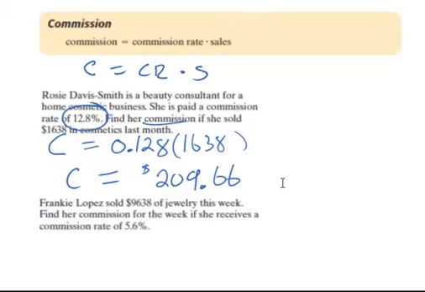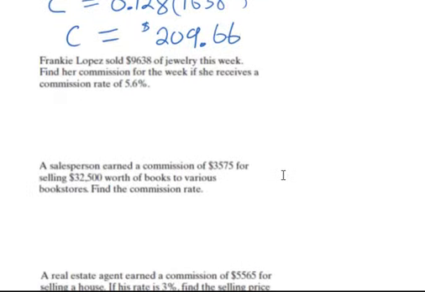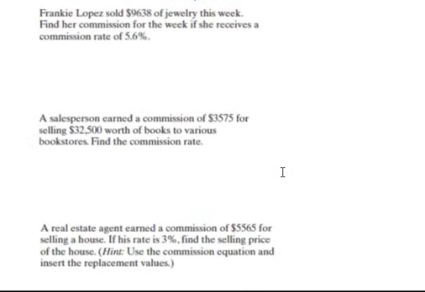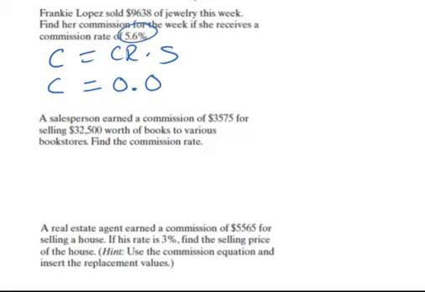All right, now let's try the next one. It says Frankie Lopez sold $9,638 of jewelry this week. Find her commission for the week if she receives a commission rate of 5.6%. All right, I'll do this one the same way. Commission equals commission rate times my sales. So her commission rate is 5.6%. As a decimal, that's 0.056 times her sales,